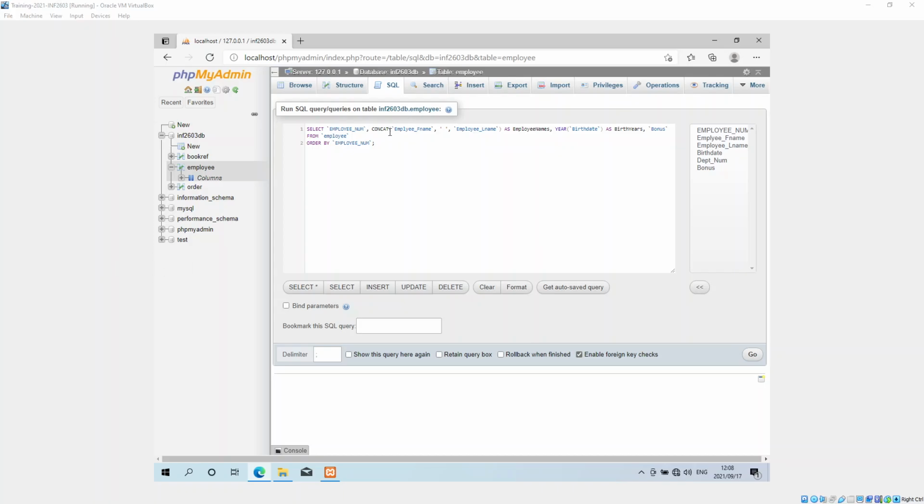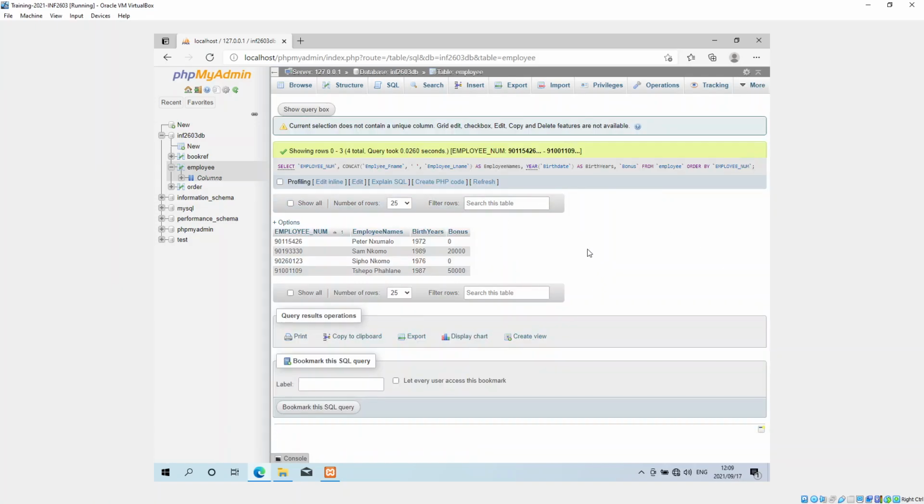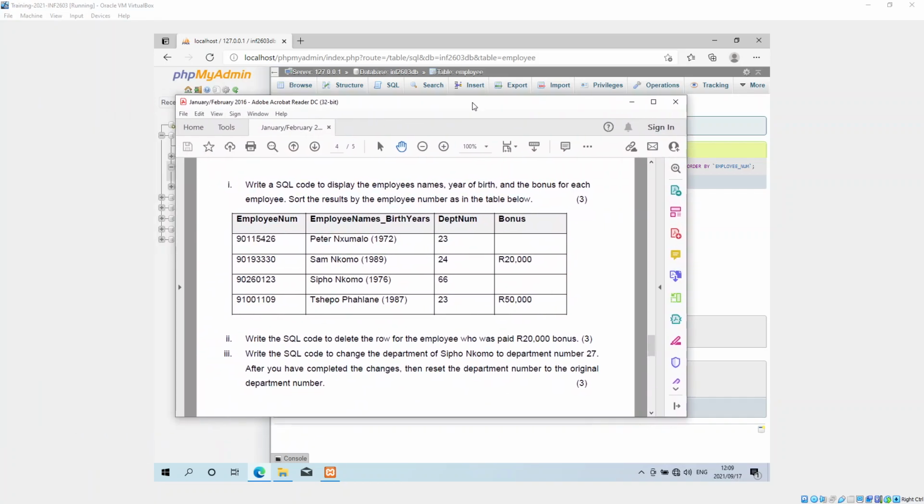Okay, I found the correct command. It was using the CONCAT. You can use CONCAT to merge the employee F name and employee L name, and I've put a space between them, and I said as employee names, and then the year as birth years, and then bonus. So if I click on go, you'll now see they've merged the names, they've got the birth years, and then they've got their bonus, and it's still ordered by the employee number, which was the main request here,